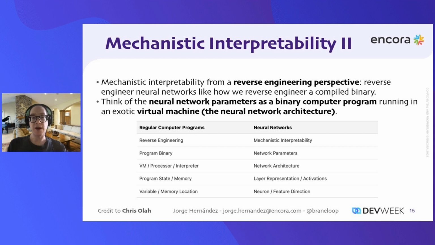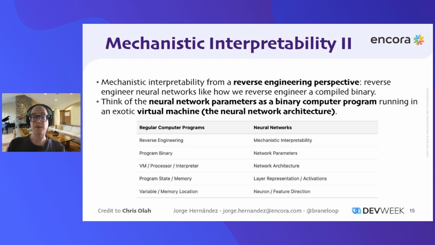One way of thinking about this is using what's called the reverse engineering perspective, thinking about neural networks as a binary computer program being run on a really exotic virtual machine. So reverse engineering becomes mechanistic interpretability. The program binary becomes the network parameters.